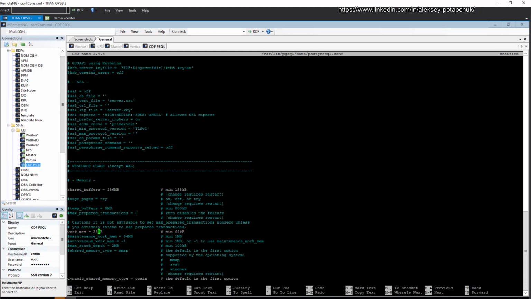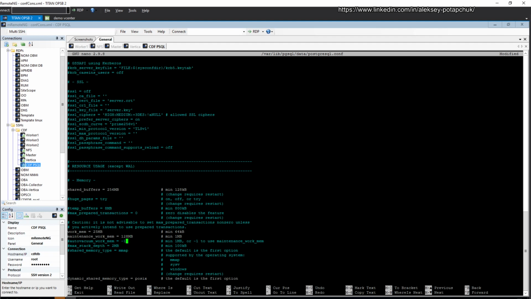Maintenance work memory, 128. Okay, yeah, I'm going to 64. Actually, not bad. You know, it's 128. I know that it's not going to be used by UCMDB and OBM together, but still,